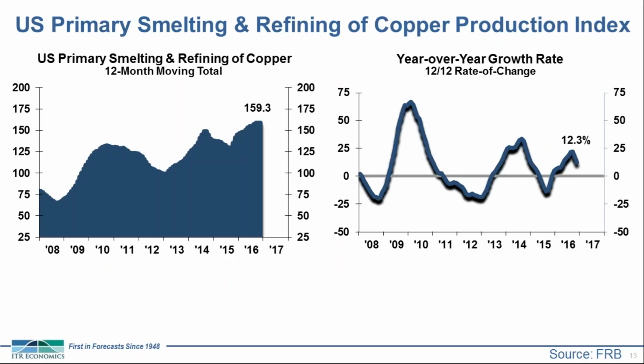Now I'd like to dive down into the red metals industry a little bit, and here we have the U.S. primary smelting and refining of copper production. So other than mining, this is the most basic level of copper production. You can see that it's currently up 12.3 percentage points year over year. However, it is in a phase C slower growth trend. This industry does tend to fall into recession, and we do expect mild recessionary pressures moving into 2017. This seems contrary to our expectations for the overall U.S. business cycle, which will be characterized by growth over the next 2 years.